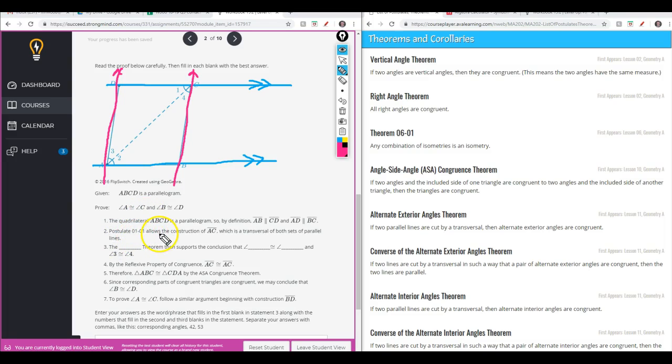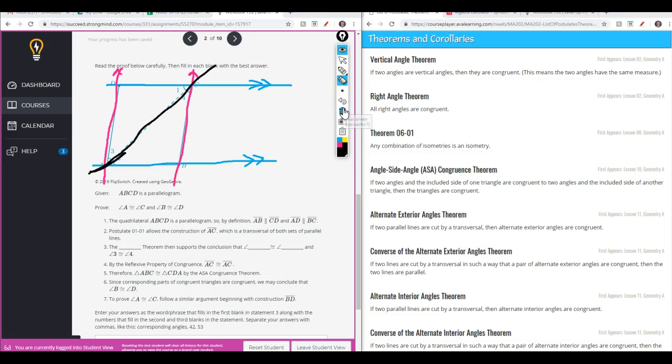Postulate 0101 allows the construction of segment AC, which is transversal of both sets of parallel lines. Alright, so here's our transversal. Right there. The blank theorem then supports the conclusion that angle blank is congruent to angle blank and angle 3 is congruent to angle 4. Okay, so what I'm noticing here is